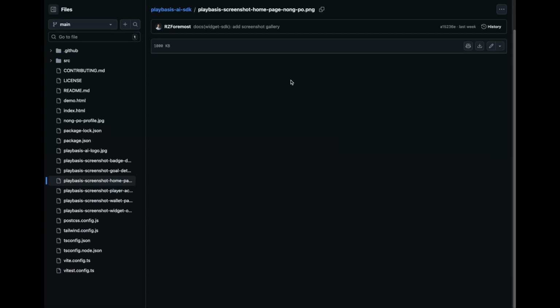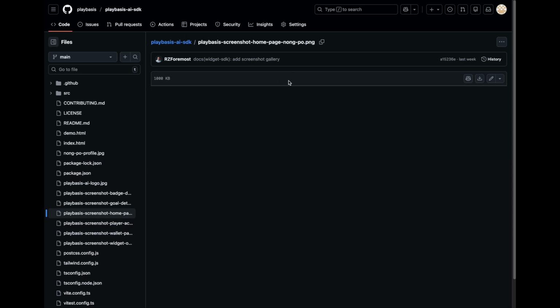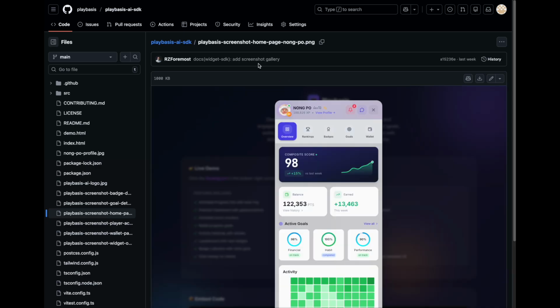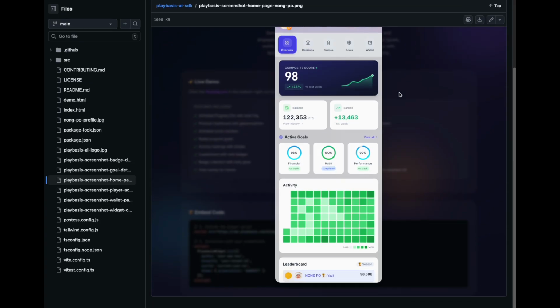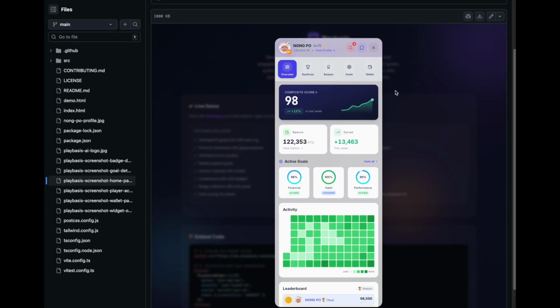It doesn't have to look like these colors. I mean, it depends on your brand, your look and feel. But trying to figure out why this image is taking time to load. Okay, here it is. So this is basically the same thing that I shared earlier, right? So this is an example. I shared this to the Playbasis repo on GitHub, so you can actually go ahead and grab this,